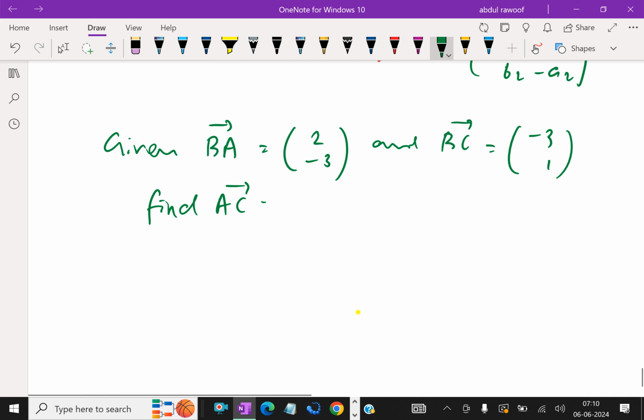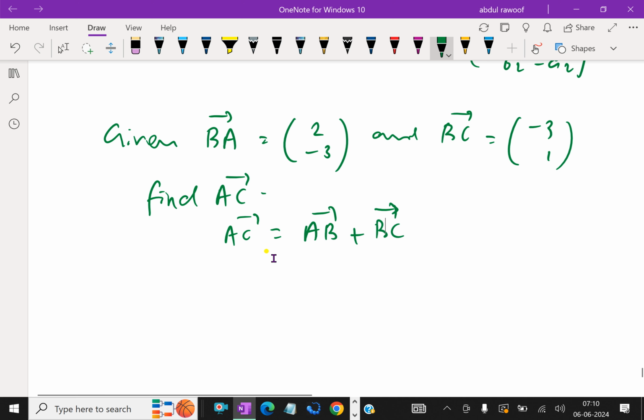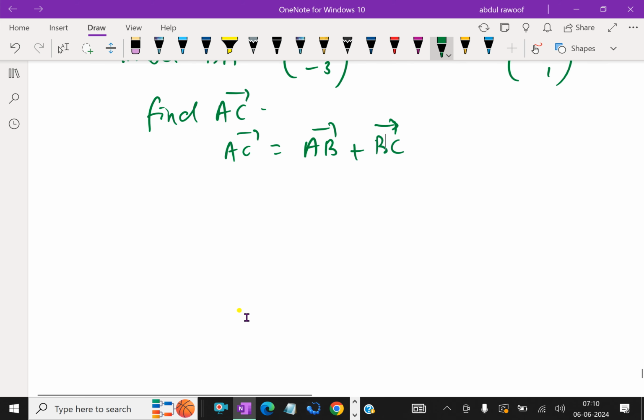AC is AB plus BC. Therefore, vector AC equals AB plus BC, but BA is given. Therefore, from this, AB equals